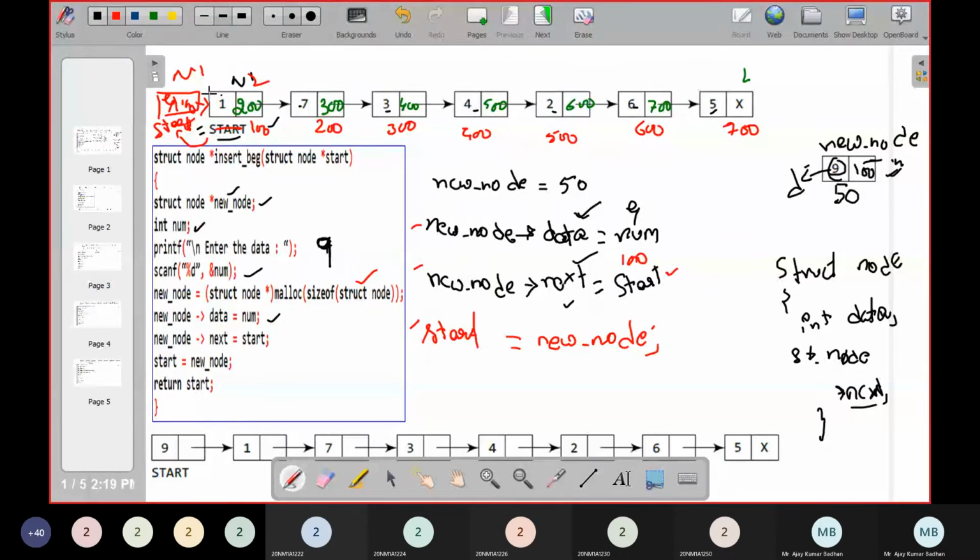So initially this is the first node and it consists of start. So simply I have given here start. So a link is formed here. So automatically the start should be pointing to the first node. Now this is the first node. So I have used the statement start equal to new node. So new node consists of something. What is the address here? 50. So this 50 we have actually assigned to this particular start. So start has jumped to this particular location. Now this is a way how we people can actually insert the data into this particular location. I hope you people understood this.